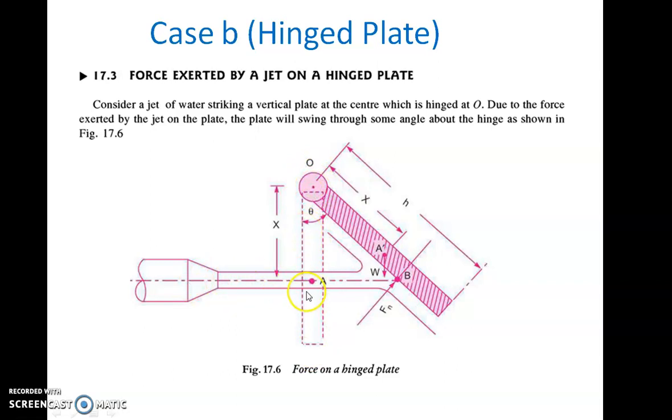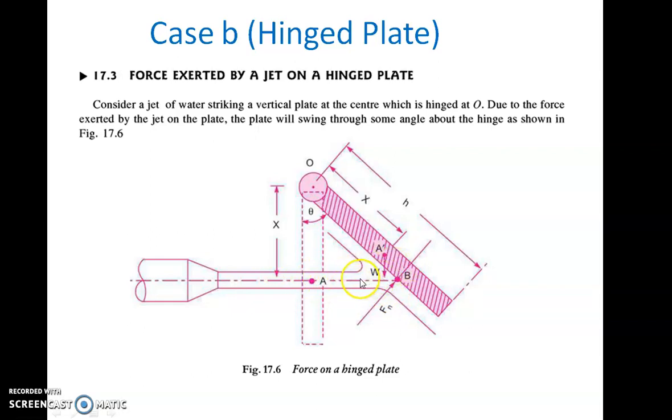When the jet strikes the plate, it is moving, and when it moves through a certain angle theta, you can see there is a swing of the plate through an angle theta. So most of the times you are asked with this angle theta, what is this angle theta? So there is some relation between theta and the weight of the plate W, because in this case it is vertical, coinciding with the point A, but here it is forming some moment about point O. So that W and the jet, that is the force, Fx,